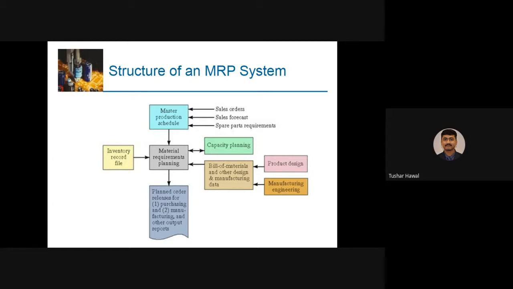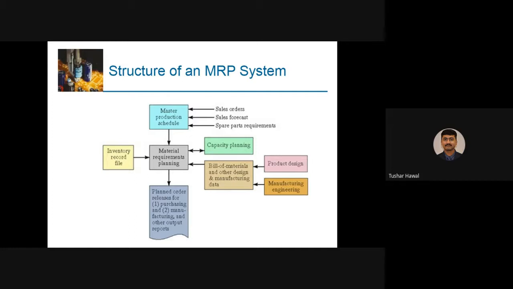It will also take an input of the inventory record file, because before you order the new raw materials, the new tools, and whatever things are required freshly, you need to keep in mind what things are already available with us, and what things were used earlier. All those things you need to remember.